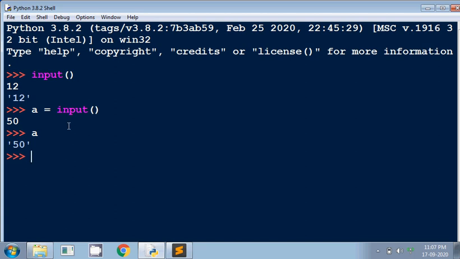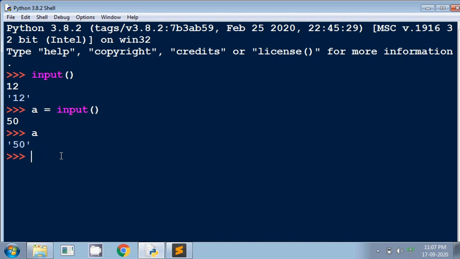But the problem is that whenever I use this statement, it doesn't tell me for which variable I am inputting the value.